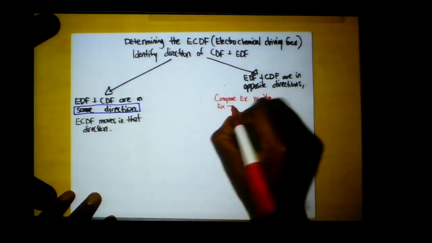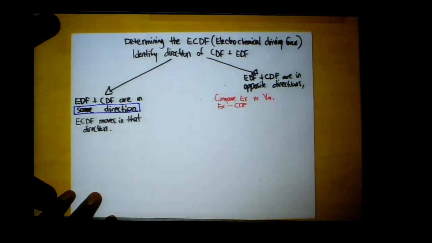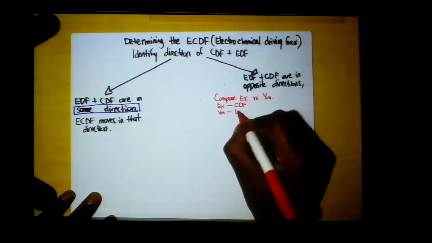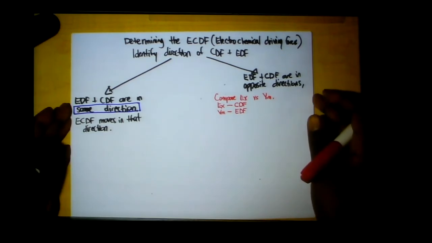So the equilibrium potential is indicative of the chemical driving force, whereas the membrane potential is indicative of the electrical driving force. Okay, and so we're going to look at the equilibrium potential and the membrane potential to determine which is stronger, and then the force that is influencing that potential will be the more influential force. Okay,